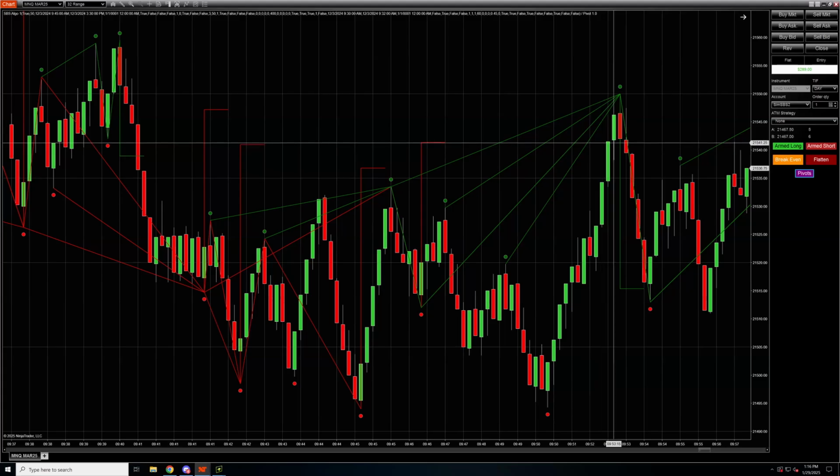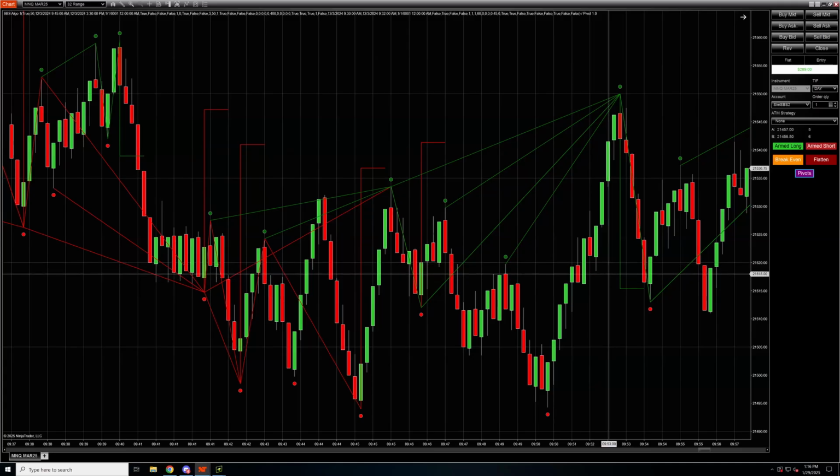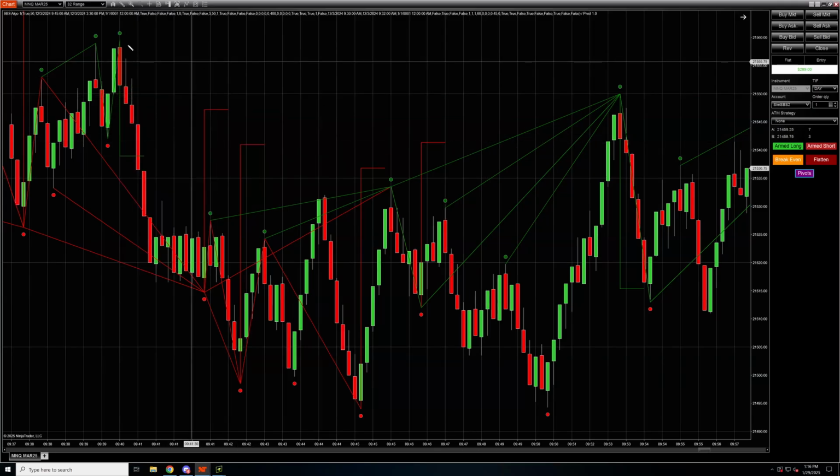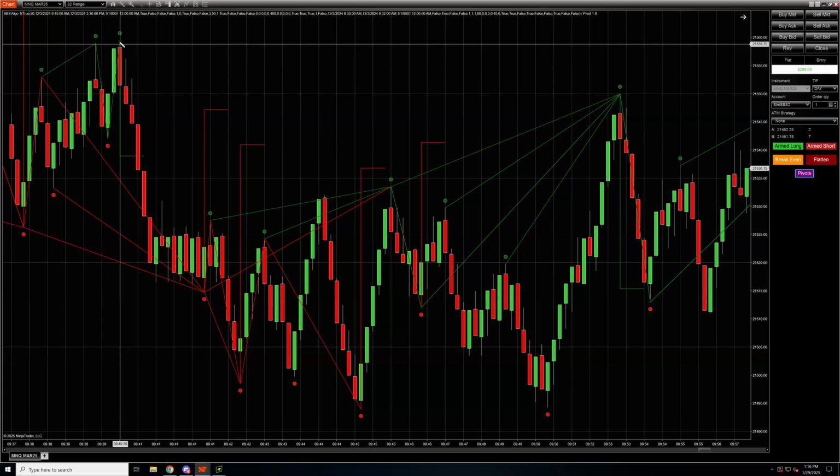So we got entered right around 21,541, and then we hit our first TP. Okay, so first TP was about right here around 520. So it was about a 20 point trade. Okay, and if you actually draw out the fib, I believe the stop loss was probably